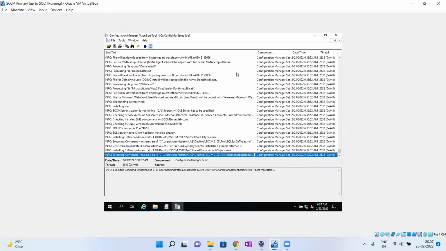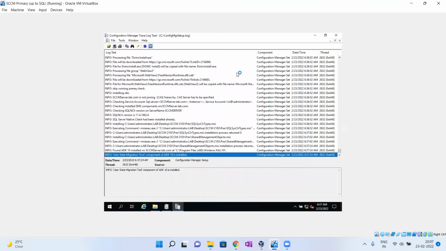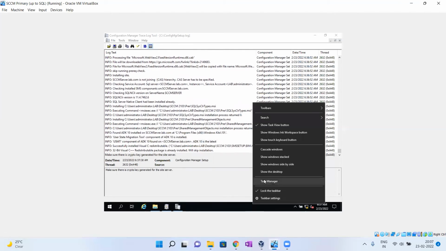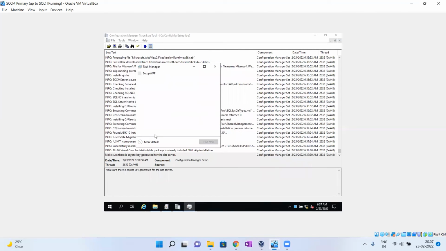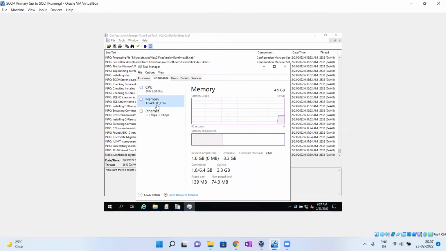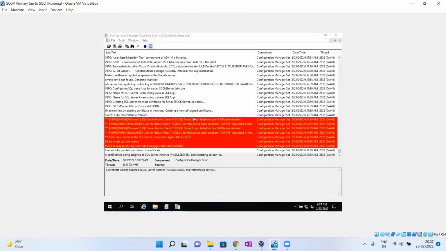As I experienced last time, I gave 2 GB of RAM and it took more than 6 hours. That's why this time I gave 5 GB of RAM for this virtual machine. Let's see how much time it will take. If errors come in between, no problem, we can ignore them.